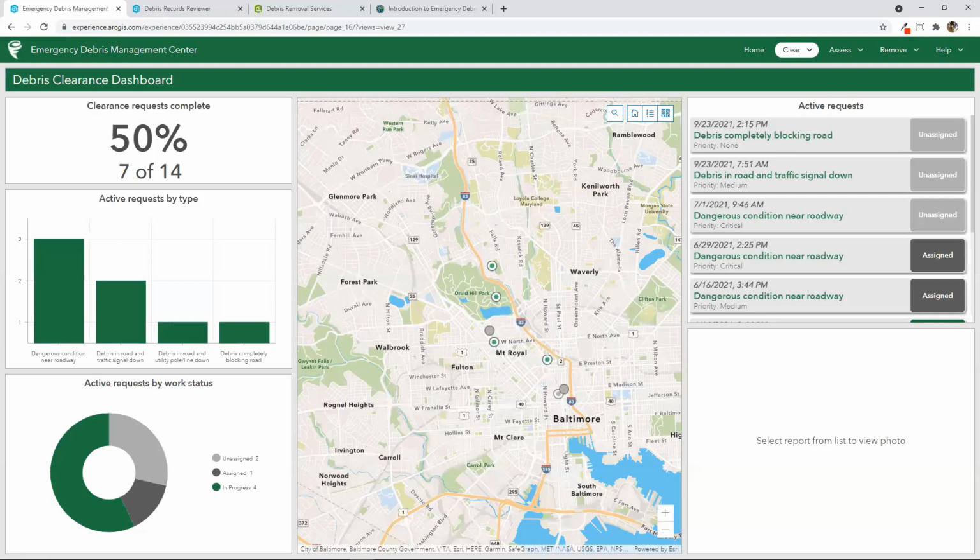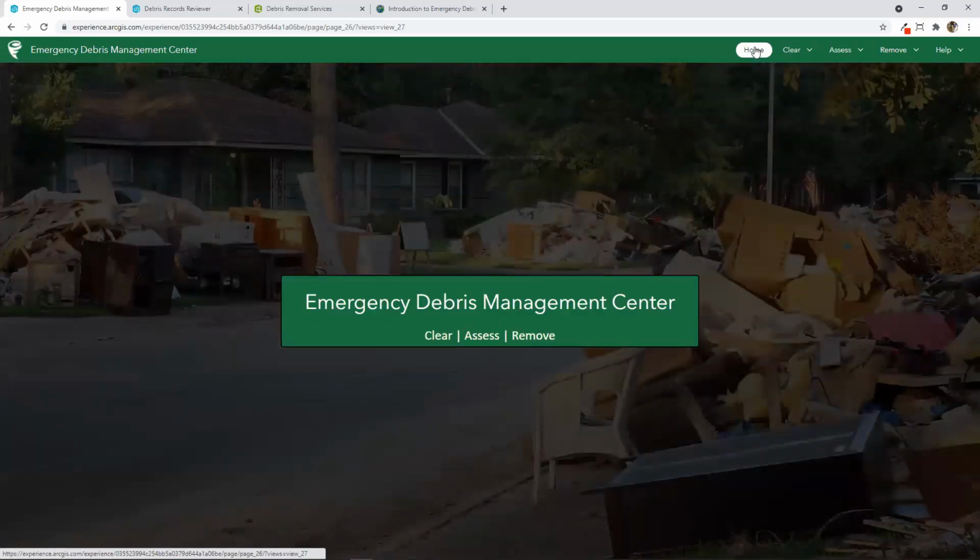Okay, so moving into the next phase of emergency debris management. Once a disaster incident has passed, communities can begin the recovery process by assessing the nature and extent of damage. This generally means trying to understand where debris exists, what types of debris are generated, and estimating debris volumes. This information in turn helps communities determine whether they're going to make a request to the federal government for a disaster declaration in order to receive assistance under the FEMA Public Assistance Program